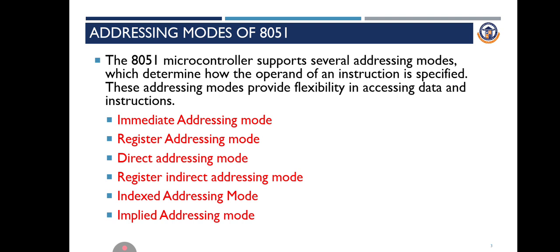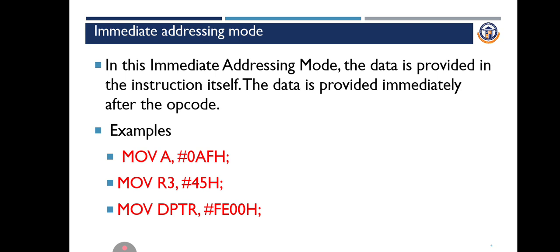The types of addressing modes are immediate addressing mode, register addressing mode, direct addressing mode, register indirect addressing mode, indexed addressing mode, and implied addressing mode. In the immediate addressing mode, the data is provided in the instruction itself. So the data is immediately moved to the